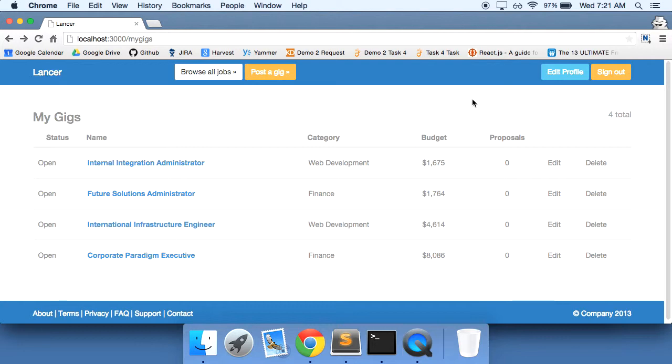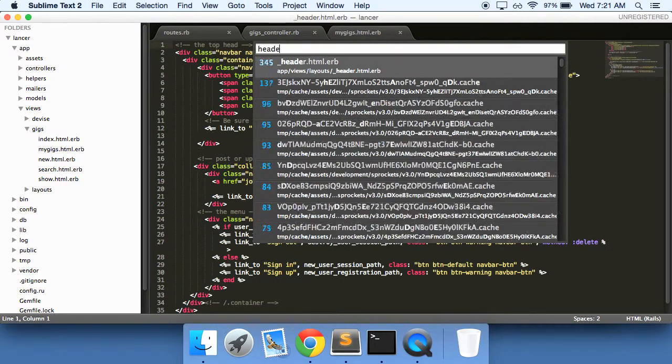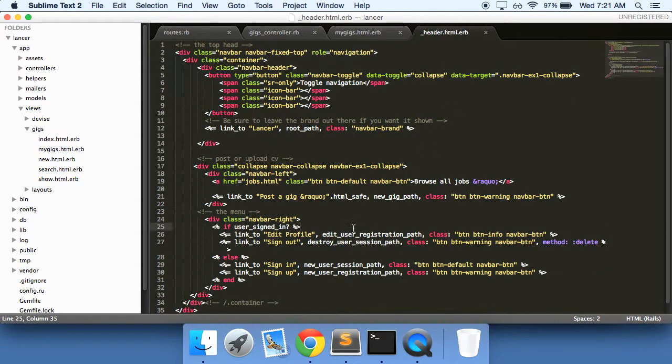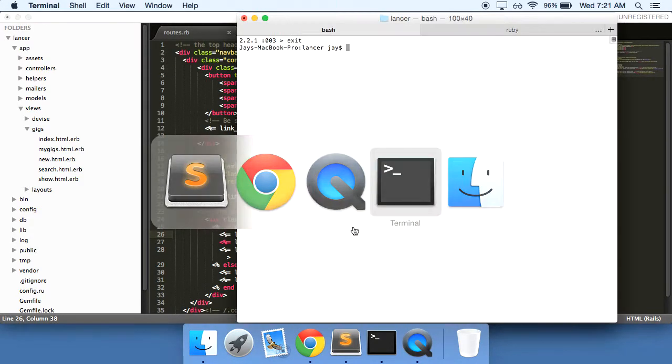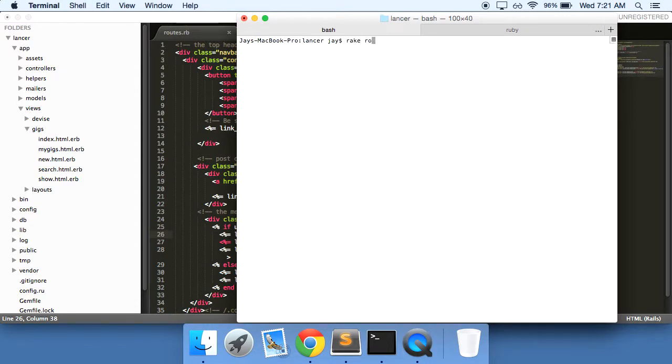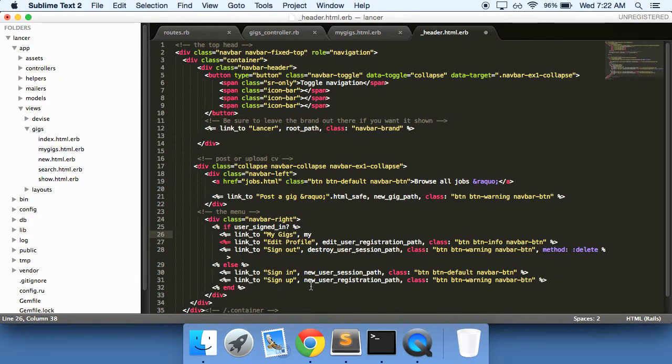So in our header file here, partial, we'll want to just add another link. If the user is signed in, link to my gigs, and it would take you to the my gigs path. If we look at our routes here, let's see what that looks like. It says my gigs right here. So we can just go to the my gigs path,